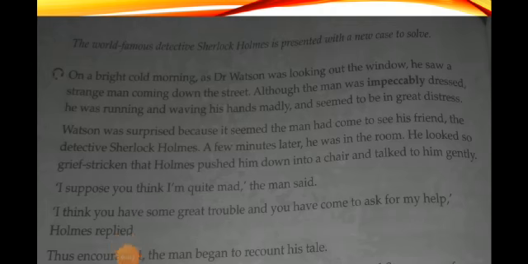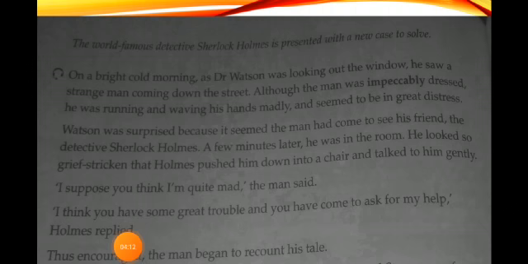Children, I have divided this chapter into 2 parts as it's a little bit long. So now the explanation. On a bright cold morning, Dr. Watson was looking out the window and he saw a strange man coming down the street. The man was impeccably dressed. Here, impeccably means perfectly, without fault. So that man was perfectly dressed